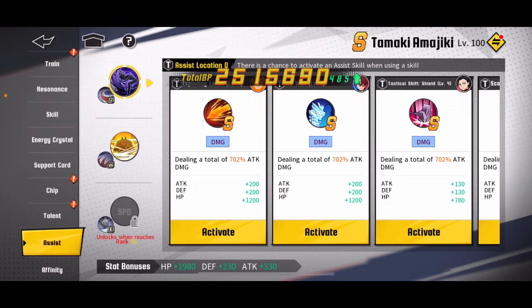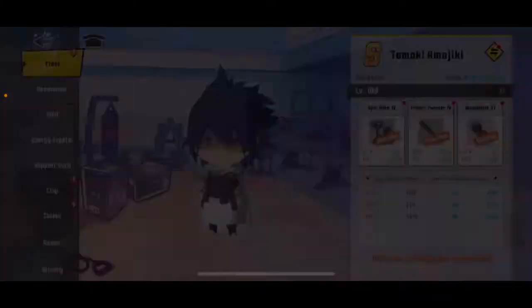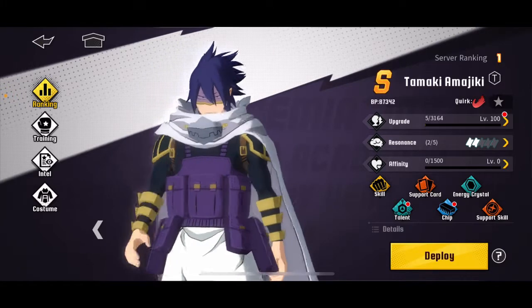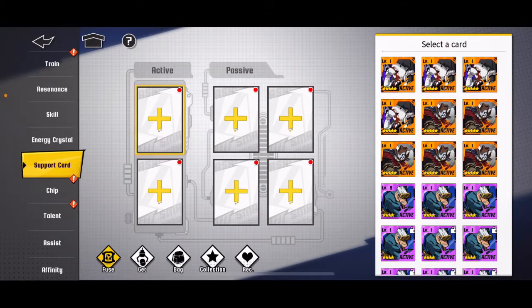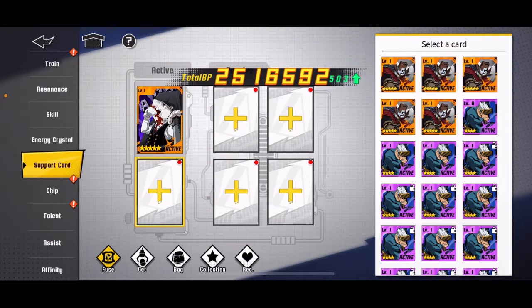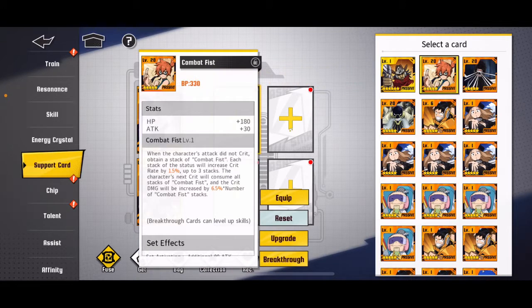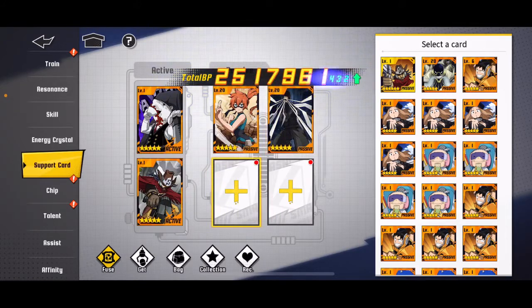All right, let's pick some stronger assists. I want to see if I can pass 90. Oh, of course I can. With cards, we're just going to throw on whatever cards I have available, like readily accessible right now, and then we'll go through and